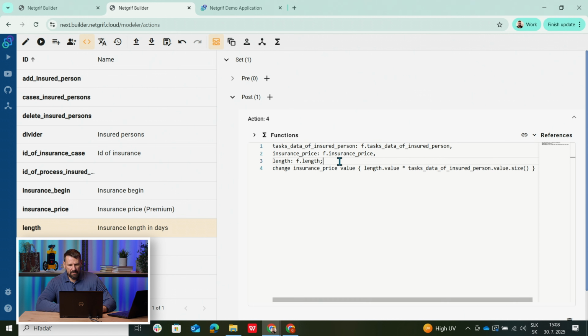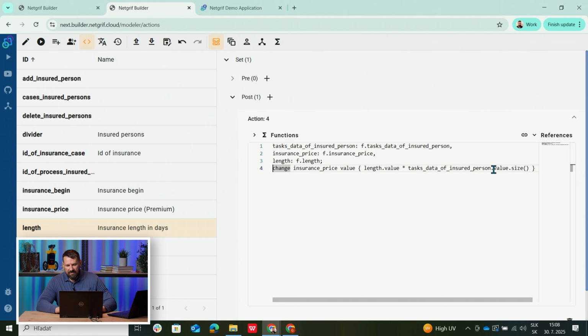So again, these are just mappings between XML and parameters, and we have just one effective code line here, which is change insurance price value to this. And we are taking the value of the variable length, which we, for example, set to 5 days, times